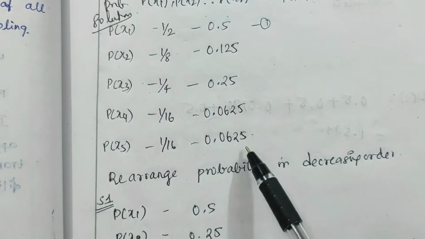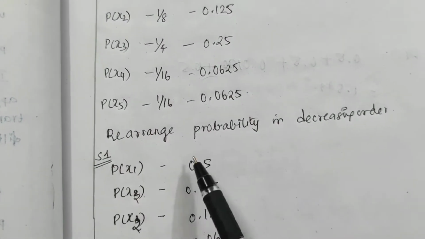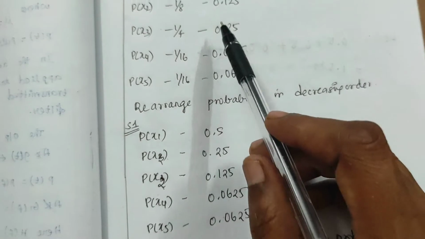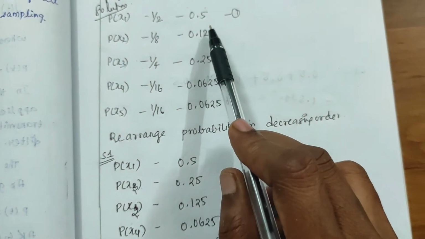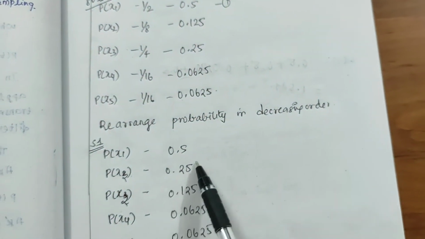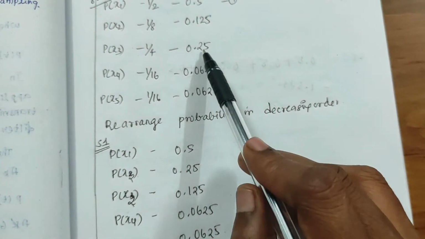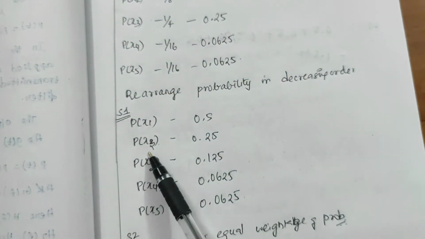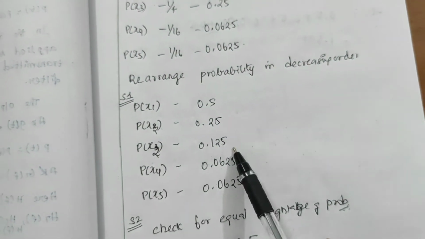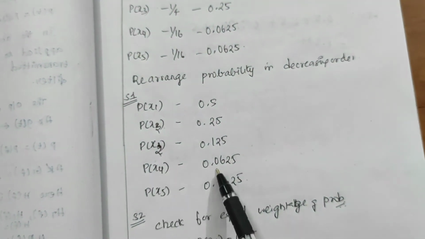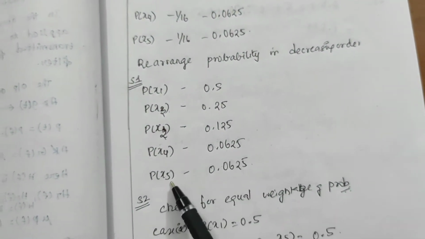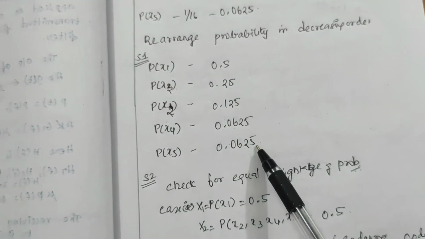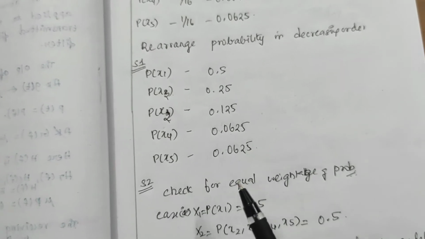So you have to arrange this first, and step 1 is rearranging the probability in the decreasing order. So the first probability 0.5 does not change. So probability of P of x1 is same, whereas the next higher order is 0.25, which is the symbol P of x3. So next comes P of x3, P of x2, that is 0.125, and next comes 0.0625, and next comes 0.0625. So this is the arrangement of probability for finding out the Shannon-Fano table.